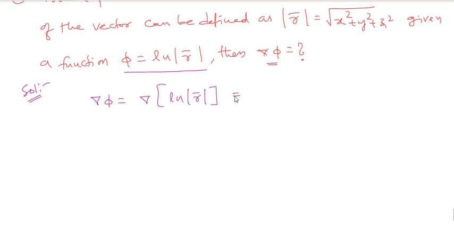For this you will calculate it as what? Log r will be what? 1 by r. You will have a doubt, sir, here mod r bar is there, you are telling. Am I right or not? So r bar is equivalent to mod r bar, which is equivalent to what? That I can represent as square root of x square plus y square plus z square. Am I right or not?